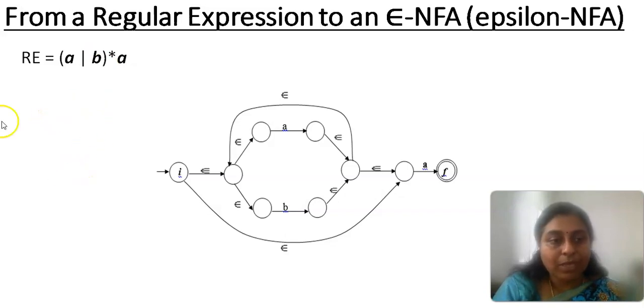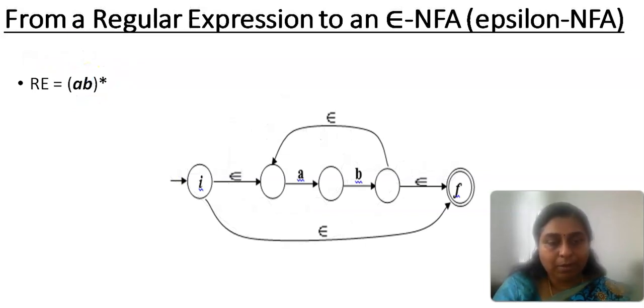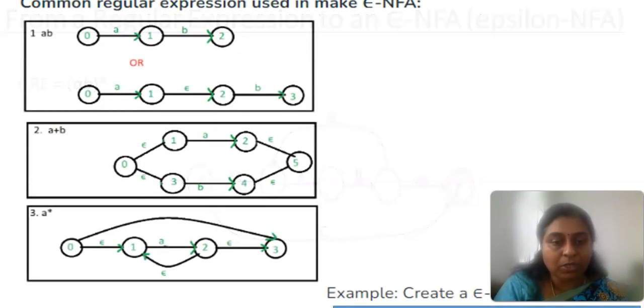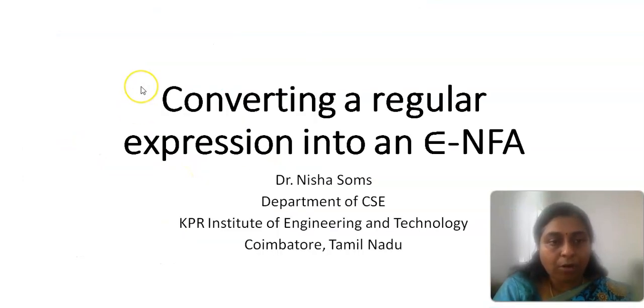So first we draw the epsilon NFA for the A or B regular expression. There are 2 ways in which A or B can be represented: either we can use a plus symbol, or we can use a pipe symbol. So for A or B, first we develop a state transition diagram for an NFA with epsilon moves, in this pattern, where we will apply the Kleene closure pattern of epsilon NFA onto the A or B epsilon NFA transitions, followed by